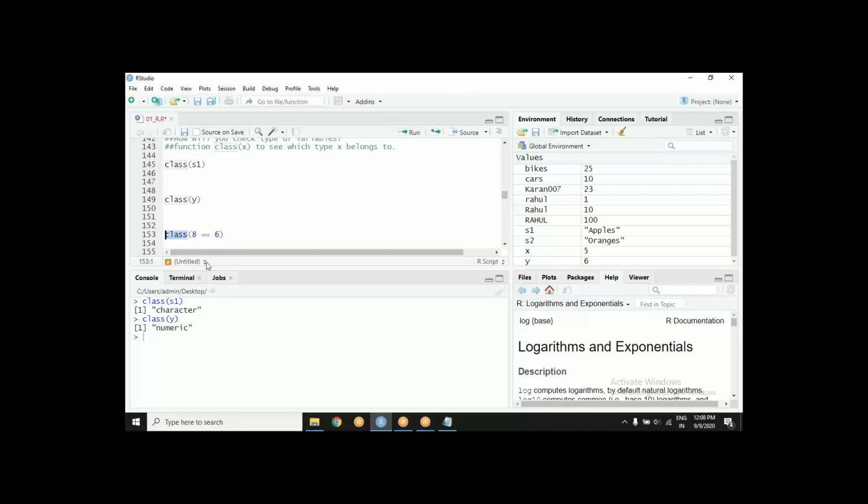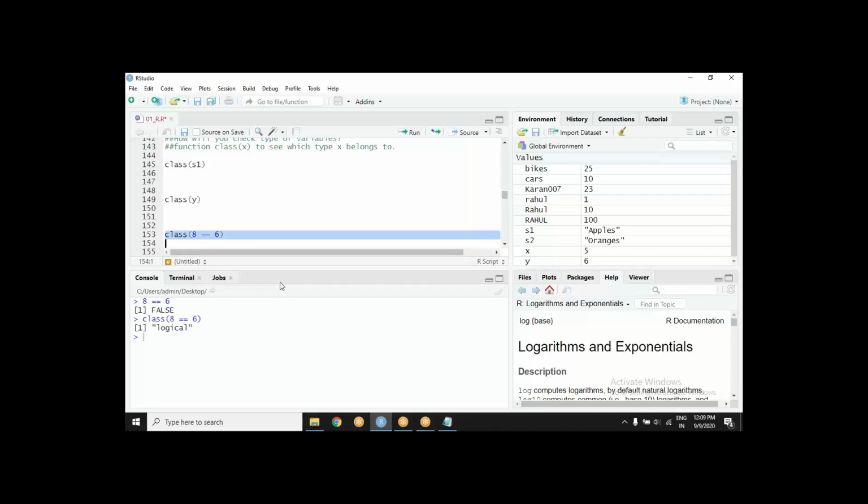Now you are asking the class of the true or false, whatever has appeared. If I run only this, the condition is false. But I am not asking whether it is true or false. I am asking the class of this false.